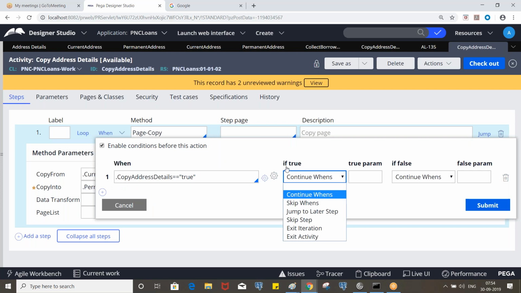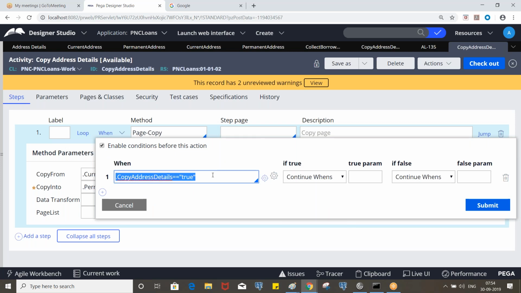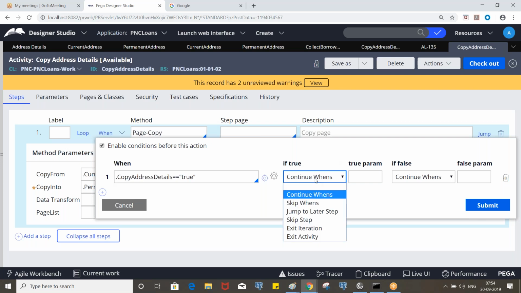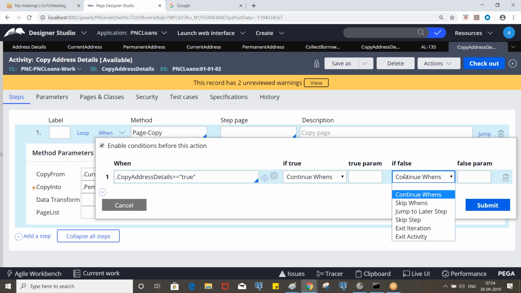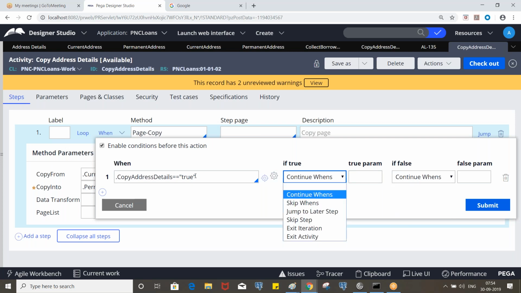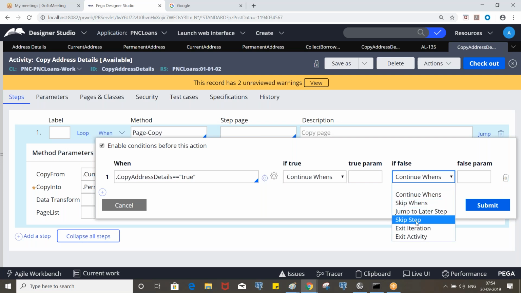If this condition returns true, what should happen? And if this condition is false, what should happen? If this condition is satisfied, we need to continue whence. If it is false, we need to skip the step. We don't want to execute this step. The page copy method will not be executed if copy address details is not equivalent to true.